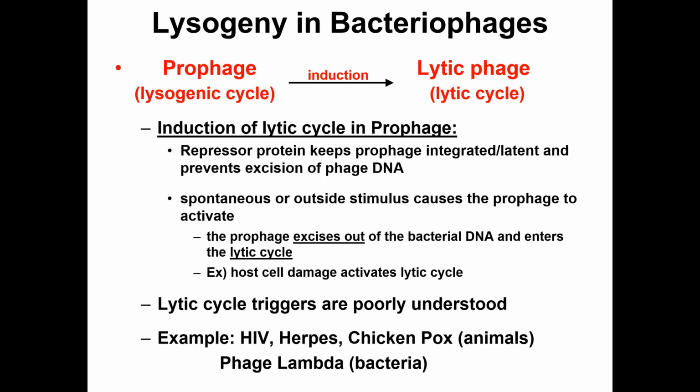But otherwise, it can be totally spontaneous. Okay, while most old people do get shingles, there are people in their 20s that can get it. Just because the virus said, screw it, I'm going to reactivate today. Okay, so it all depends. But there's a multitude of viruses that do this. Okay, any related to HIV, any in the herpes virus family, chickenpox, which is technically in the herpes virus family, amongst others.